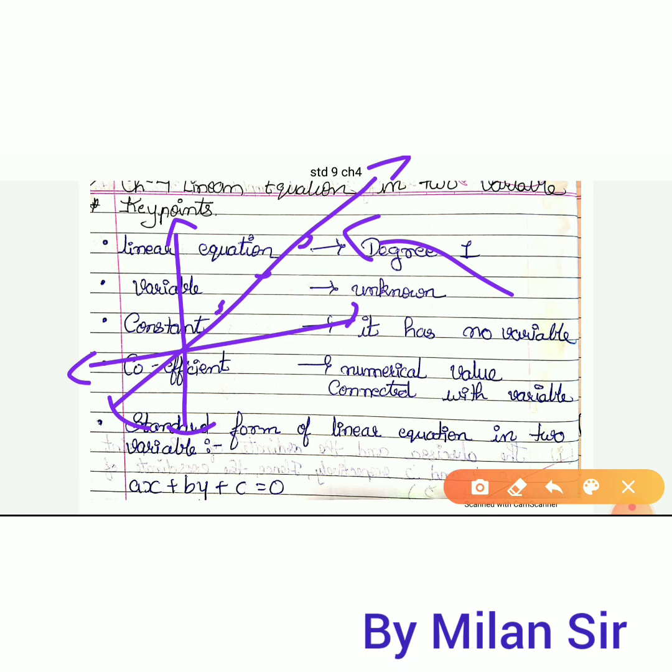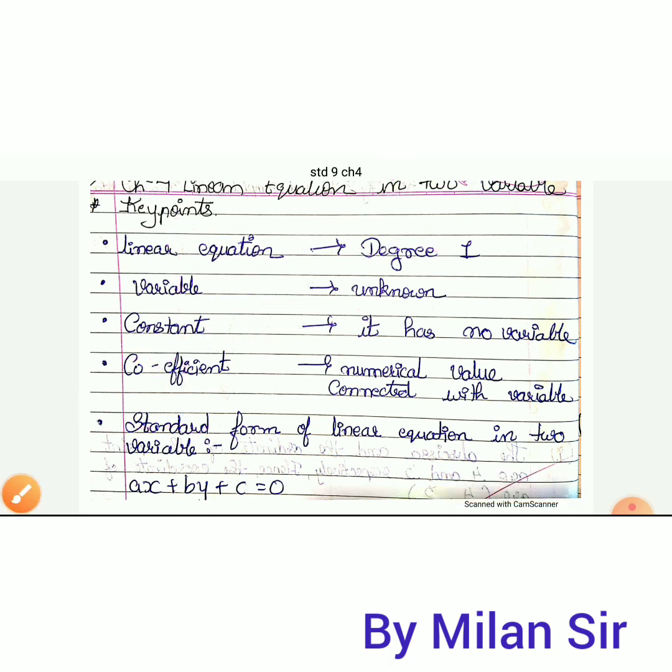We put all the solutions of the equation, and if we join them, then we get our graph as a line. That's why it is called a linear equation. In the case of one variable we cannot draw the graph, but in the case of two variables we can draw the graph, and here we have an infinite number of solutions. If we locate them on the graph, we get a straight line. In this chapter we also learn about the graph of a linear equation.